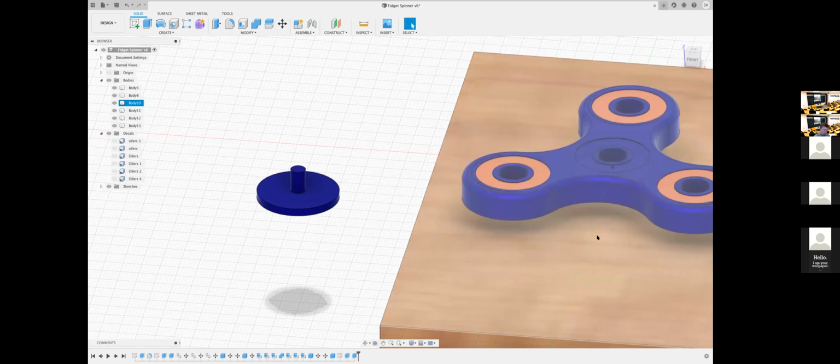In the 3D printing world, it's called overhang. Overhang is the situation when you're trying to print something, but there is nothing underneath it to lay the plastic on. So if you saw the 3D printing videos,